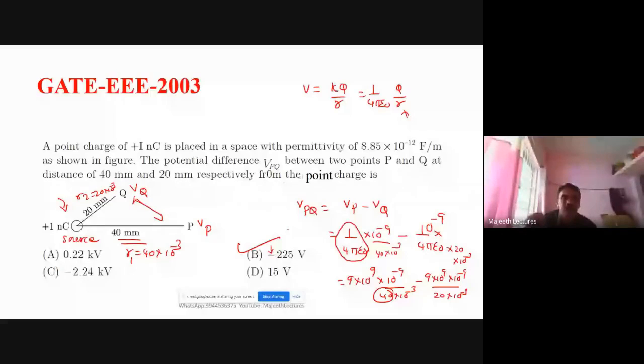Right? This type of question you can expect in between E and V, electric field and potential. And another point we have to remember is electric field and equipotential surfaces are always perpendicular to each other. Perpendicular means orthogonal, right? So the electric field and the equipotential lines are perpendicular to each other, so they will cut each other orthogonally. So don't forget this point.